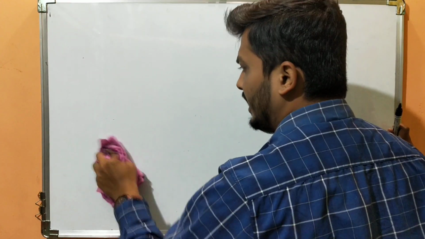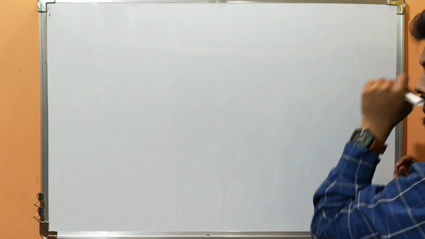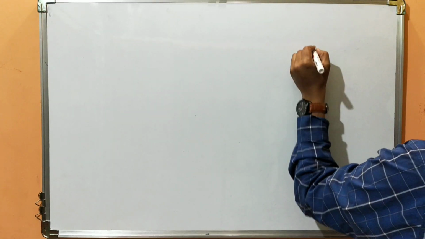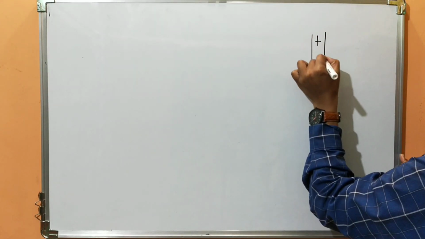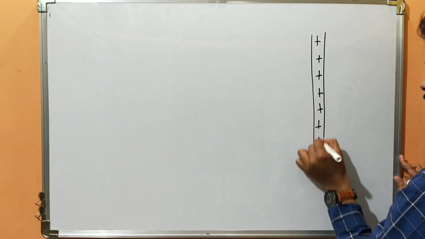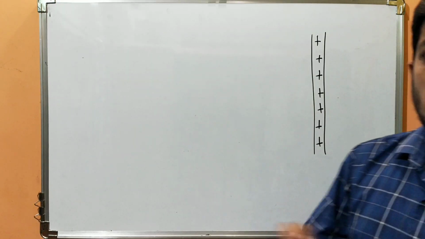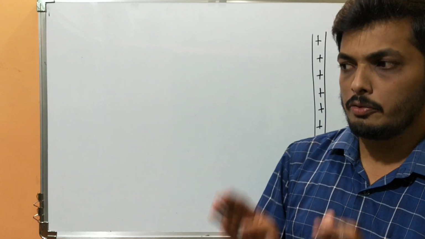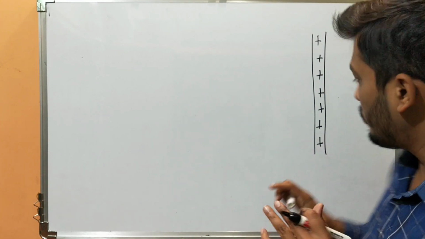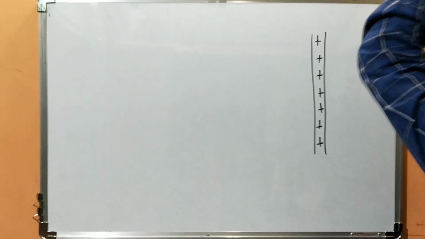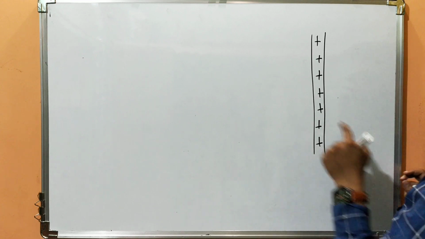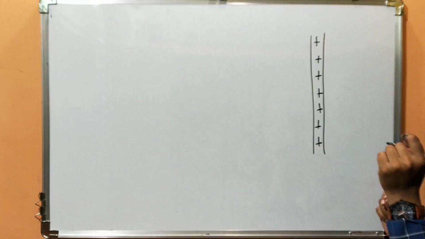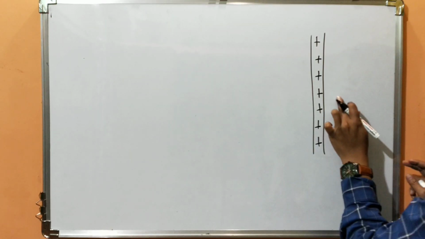Our aim is to find electric field due to an infinitely long straight wire. So suppose, I'll draw it here. Suppose I have a long wire which is charged uniformly. I hope you know the meaning of uniformly, where charge is distributed over unit length uniformly. Per unit length, the charge is constant throughout that length. So this is my infinitely long straight wire. Infinitely. It does not have any end. Okay.